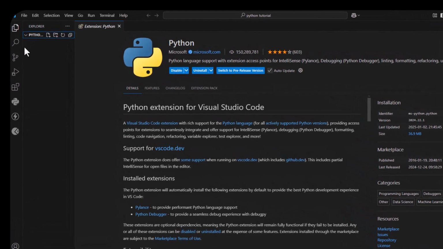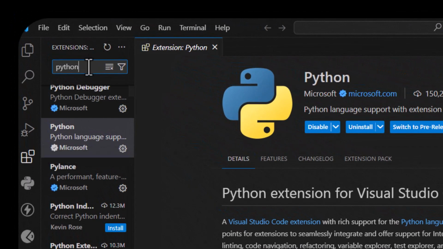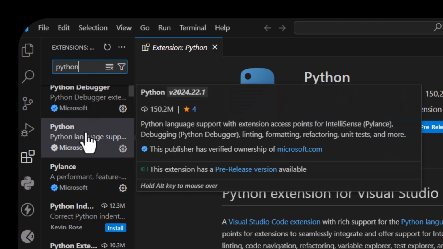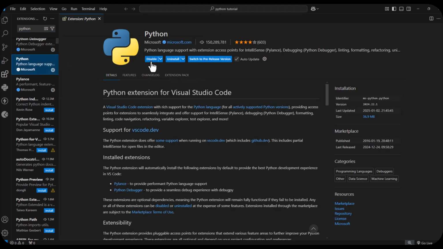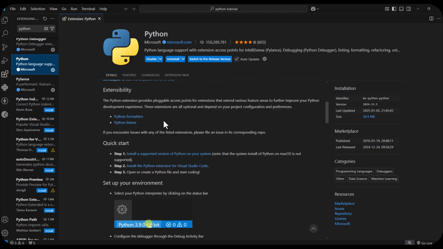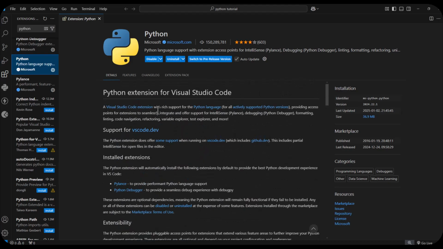Now you can search for Python in the extension panel. Now this is the Python extension. I have already installed it. You can install it. You can read the documentation here. This extension provides features like code completion, debugging,